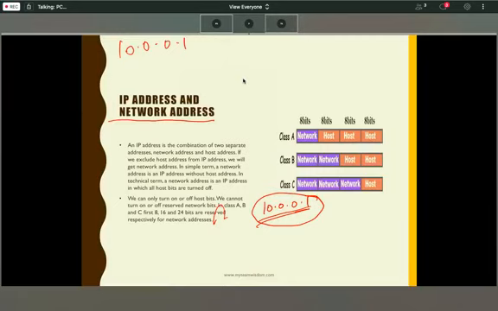If I remove the building address from your flat number, then your building number is your network address and your floor number or your door number or your flat number is your IP address, correct? Can you repeat that again? Okay, wait, see here.